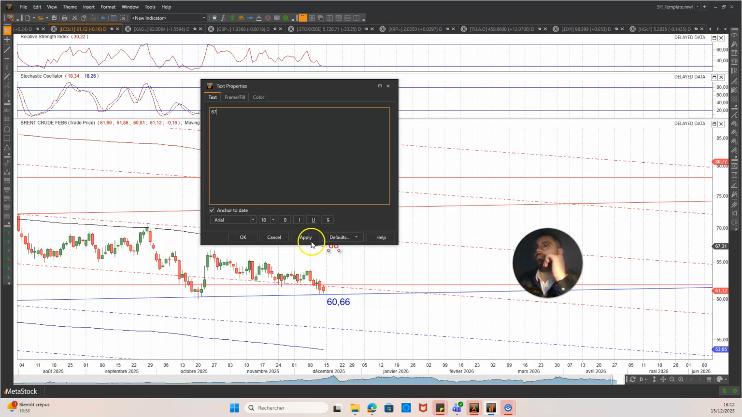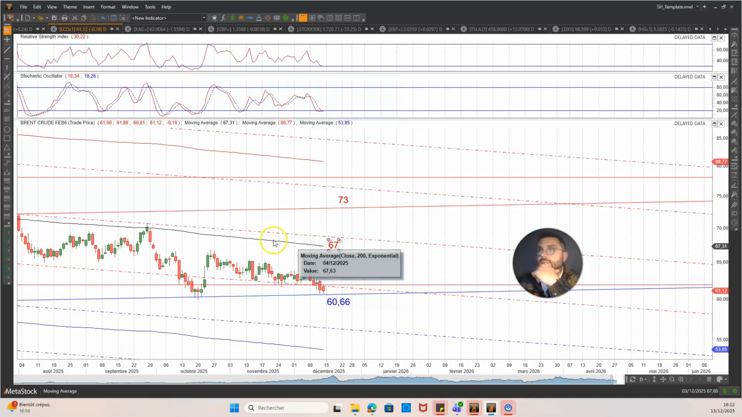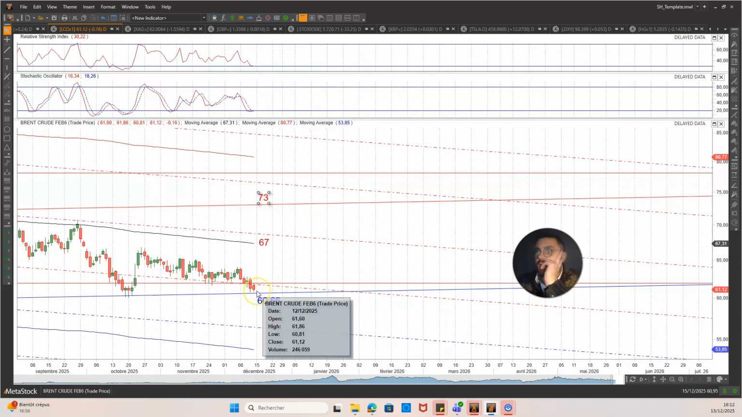corresponding to the 200 days moving average. And if prices break through, we have this primary trend resistance here around $73 a barrel. If prices break this important resistance here, I would say that the next entry point would be here around $54, okay,